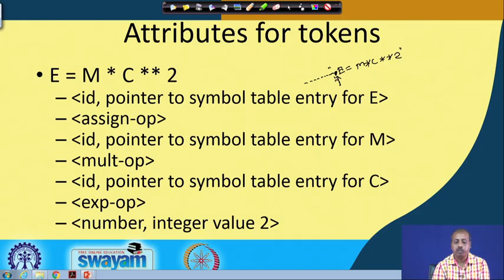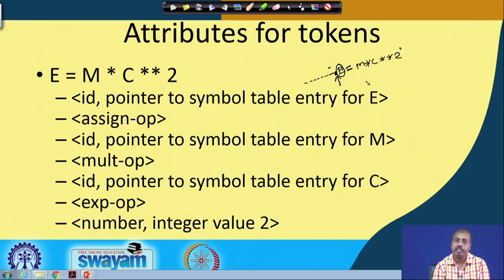It scans the input and finds the symbol E, and after that there is an equality. It scans through the valid pattern rules that are there in the language, and finds that E can be an identifier. So it will return the token ID, and as the value or attribute part, it will return a pointer to the symbol table entry for E. The variable E must have been defined previously in the program; when it was seen, it was put into the symbol table.